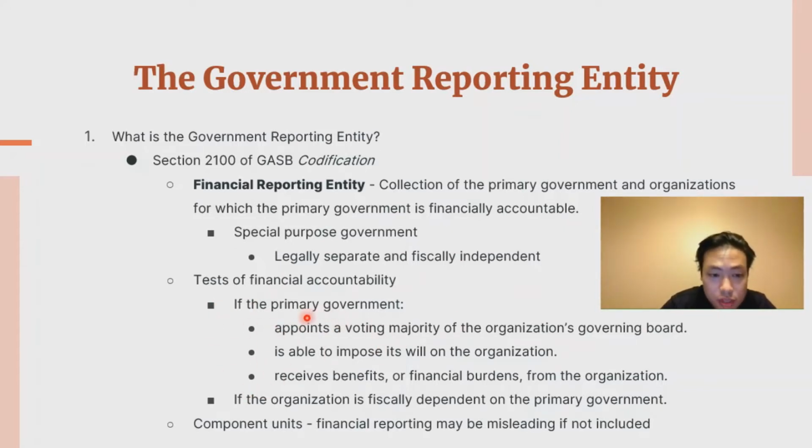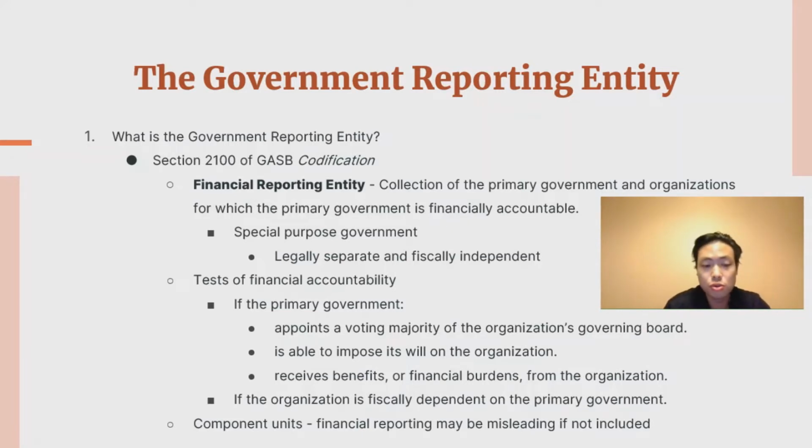If the primary government appoints a voting majority of the organization's governing board, is able to impose its will on the organization, or receives benefits or burdens from an organization, then it's financially accountable for that organization. Or if the organization is fiscally dependent on the primary government, then it is also considered to be financially responsible for that organization. So in applying what we know here in Guam, we come to find out that there are a lot of government organizations in Guam that are fiscally dependent on the primary government. And what we'll see in the next slide is that these are reported in the government of Guam's financial statements